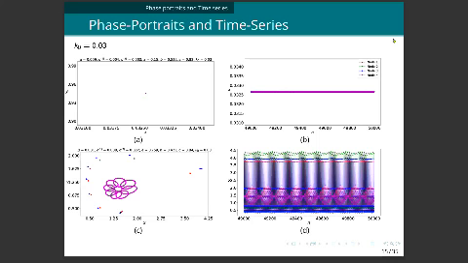Now, we have plotted some phase portraits and time series to understand the dynamics of the network. These are the phase portraits obtained by fixing K, one of the network parameters, at 0.03. The first figure shows a fixed point where all the nodes are represented using different colors. The first node is represented in red, the second node in green, the third node in blue, and the fourth in magenta. So the first figure shows that at these values, the system exhibits a fixed point, and B